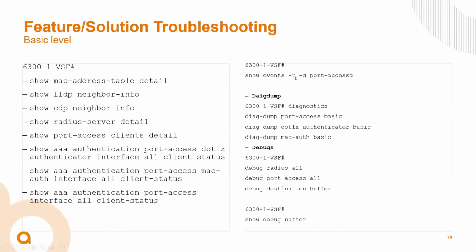The rest is the same as what I showed already in the previous session also. This is something which is going to be very handy: show events -R -d port-access. This is very, very important, I would say, because it gives you all the details. This event log has been really enhanced very well. Diag dump is another command which is very useful, for dumping and for seeing whether you are seeing the same thing on the box. And debug-wise, I always suggest using a buffer as the destination instead of flooding the console, and then check it. These are the two debugs that are very helpful. Port access, these are wrong. As you guys know, debug without a space, port-access is always the correct command.